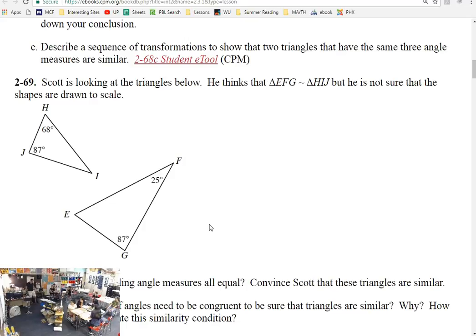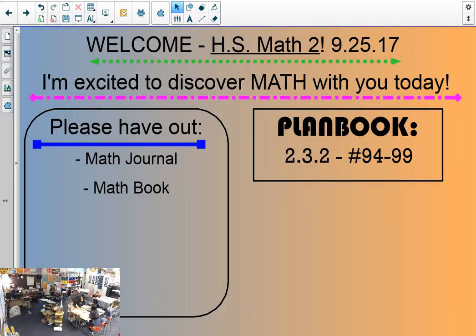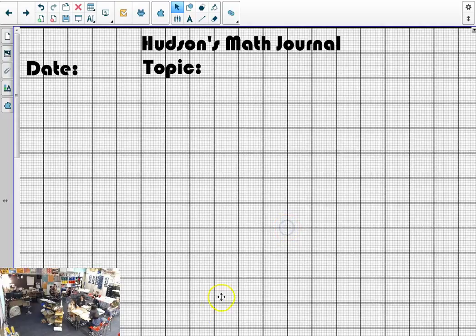So our rule or postulate or whatever, we write AA squiggly. And that squiggly means similarity. So when we talk about angle-angle similarity, we write,